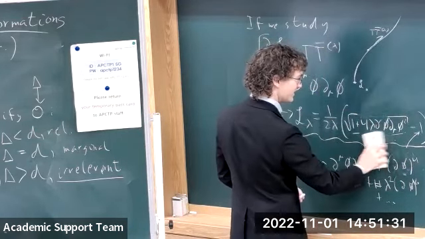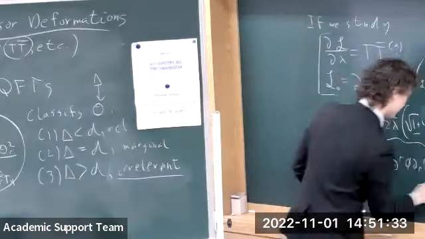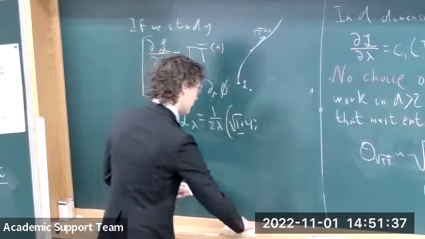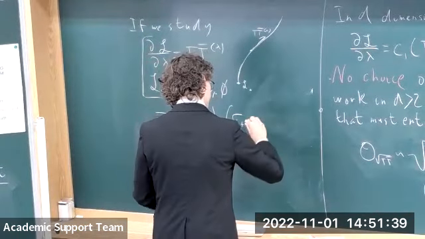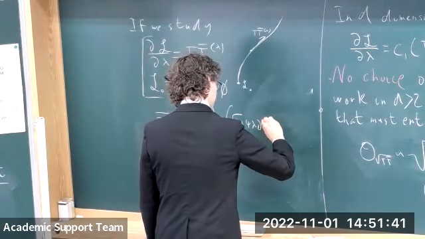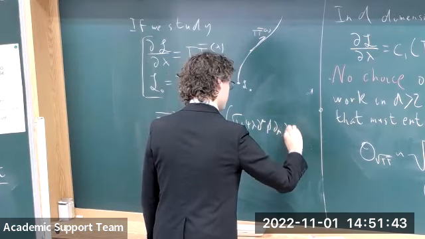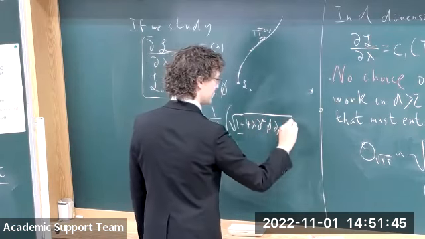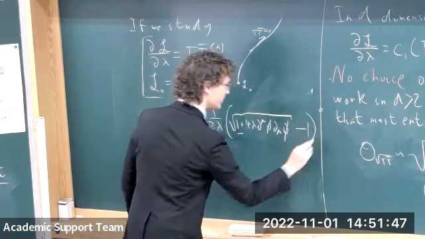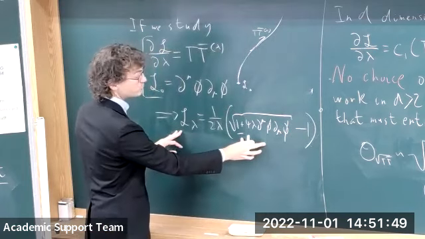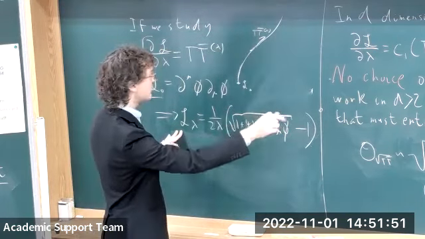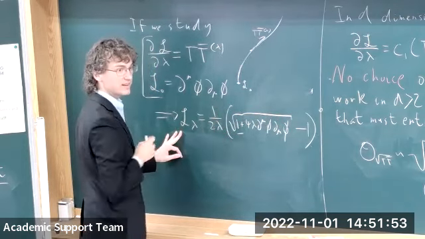Sorry, I've written too many things over this formula, so let me just rewrite it. The claim is just that if you want, for a single scalar, in the square root, you just want to get the square root. So there's no generalization in the form of the actual solution. The only generalization is that this will be the solution to the flow equation for a d-dimensional scalar with this seed theory.